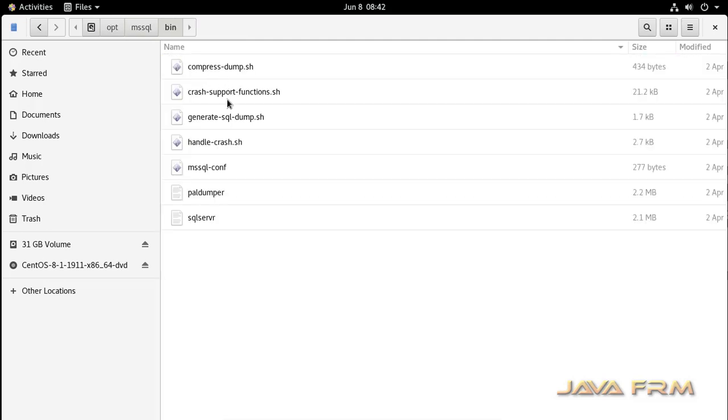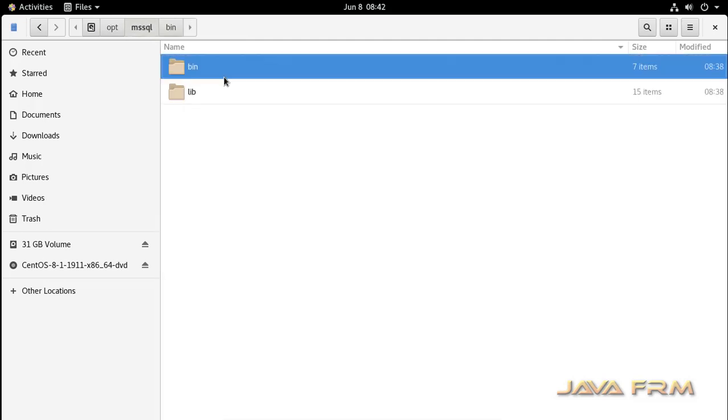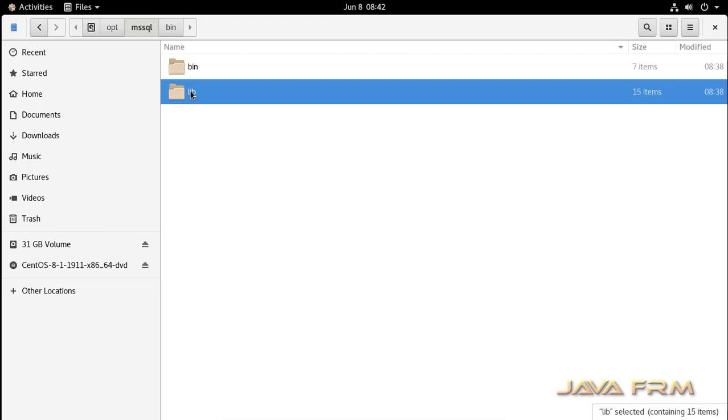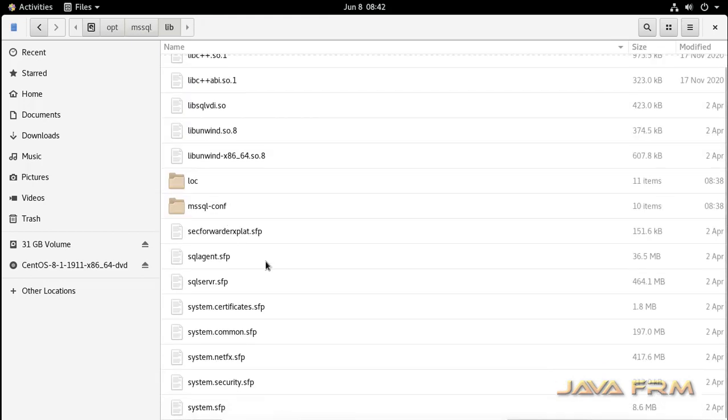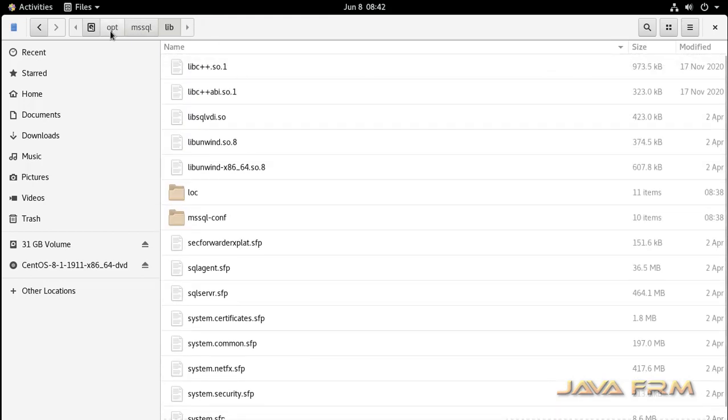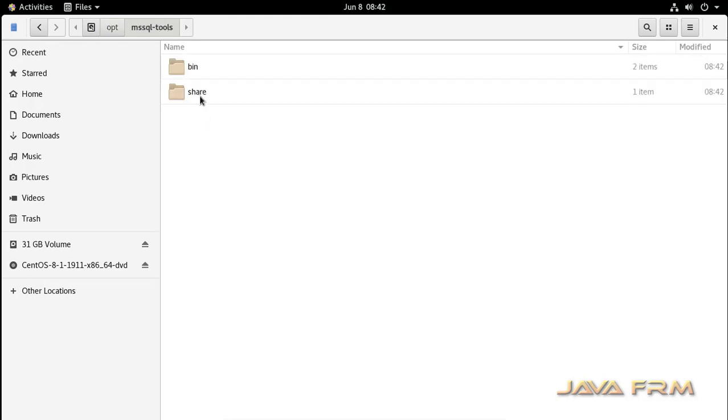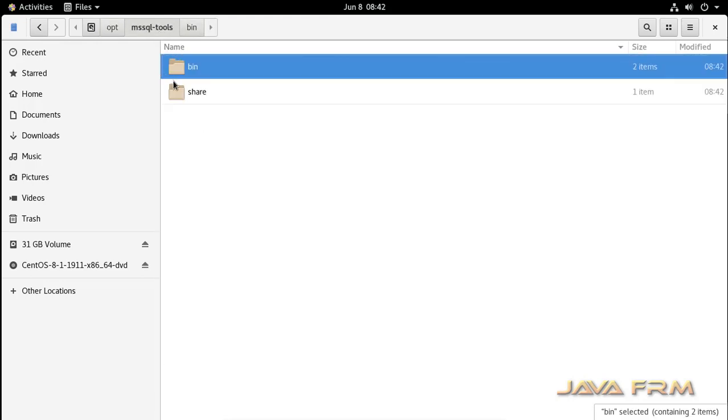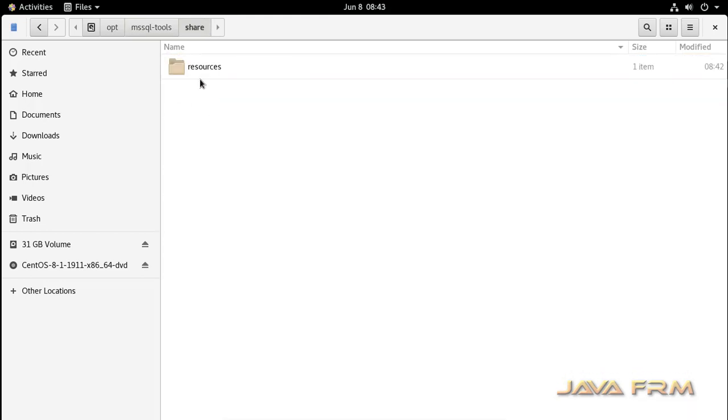The MSSQL directory contains files that are necessary to run the SQL Server 2019 instance. And MSSQL-tools contains command line tools and utilities to connect to the SQL Server 2019 instance running locally. So don't delete these 3 directories.